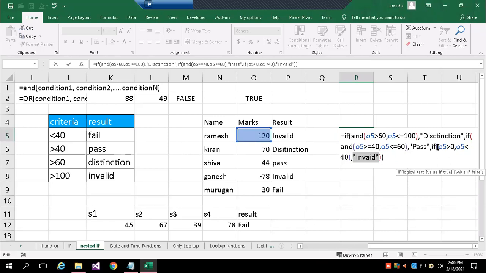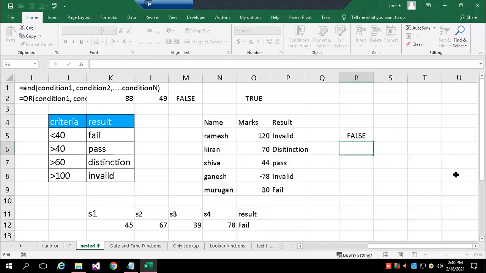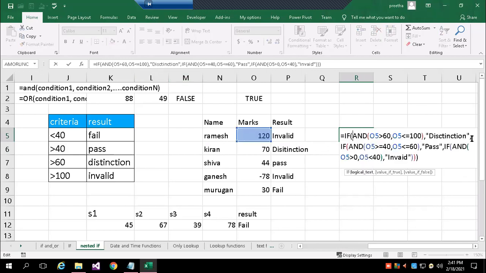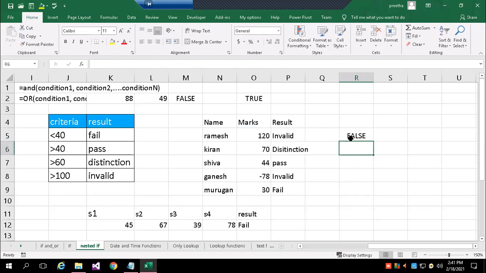Here what I missed when writing the AND function itself, I have missed something, but still I am getting false.